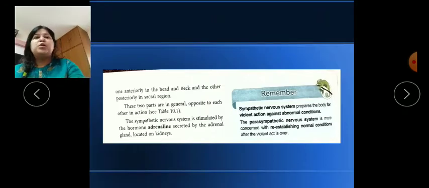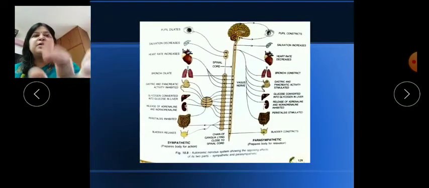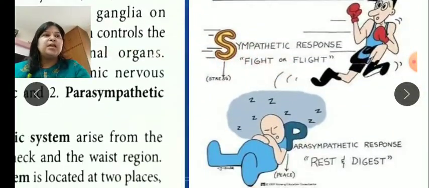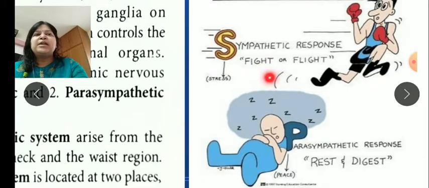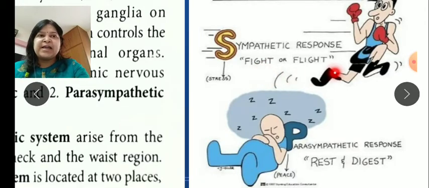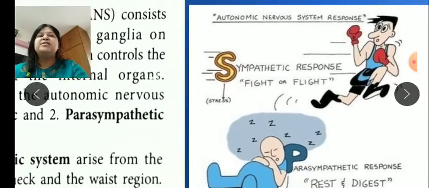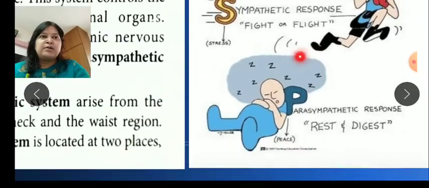Here I am just showing you one picture. You can see the sympathetic response. It is a response of fight or flight. It gives us stress. So capital S means stress. And the